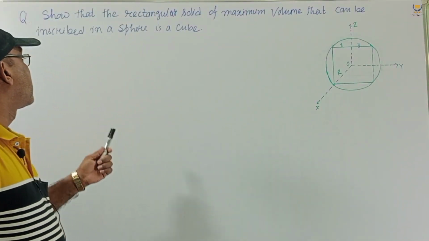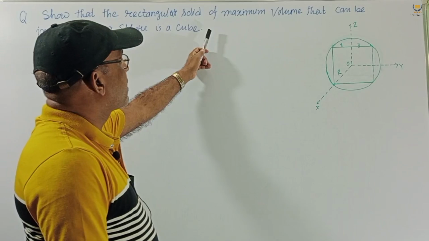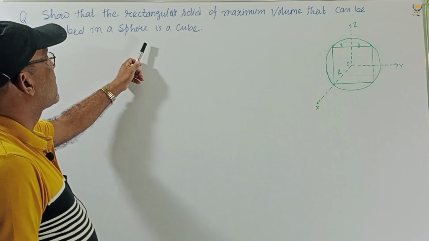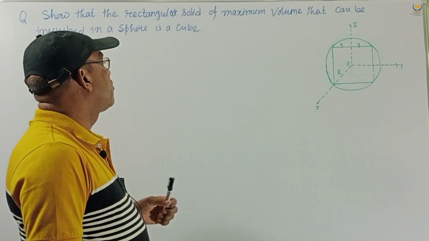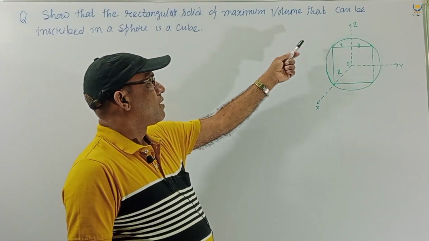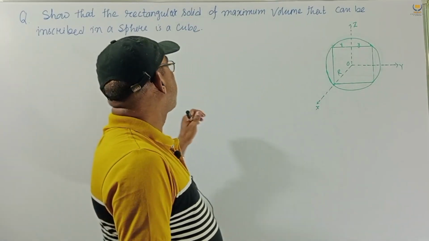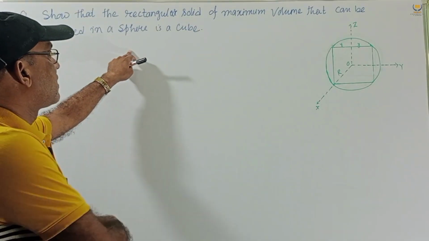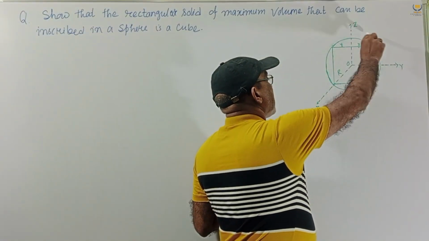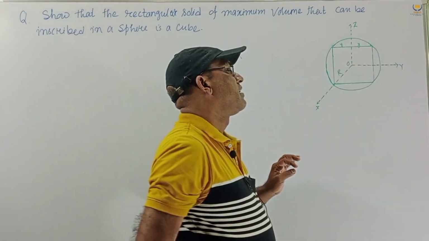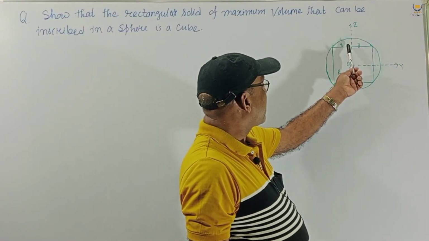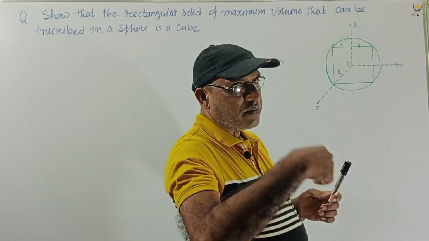So the problem is: show that the rectangular solid of maximum volume that can be inscribed in a sphere is a cube. So this is the rectangular solid we inscribed inside this sphere. Now, when the rectangular solid is a cube,